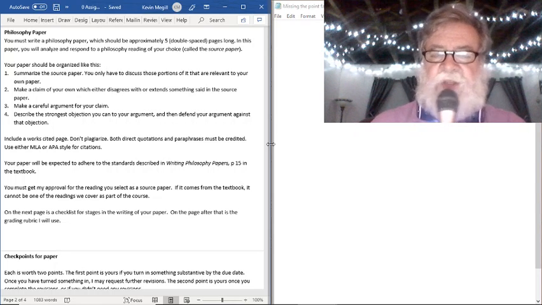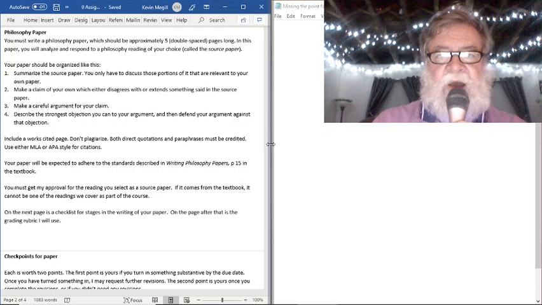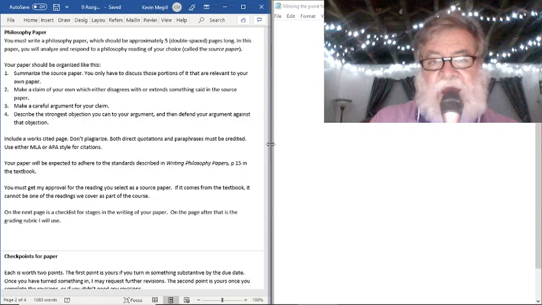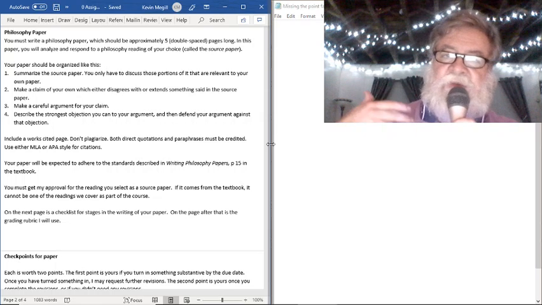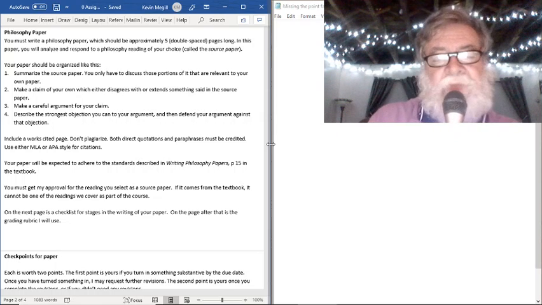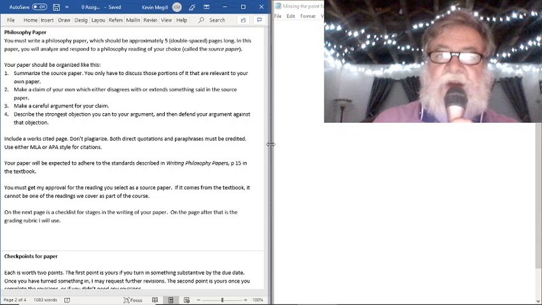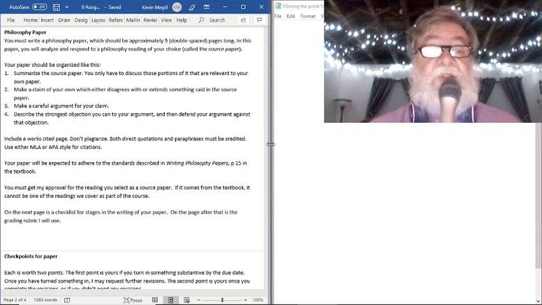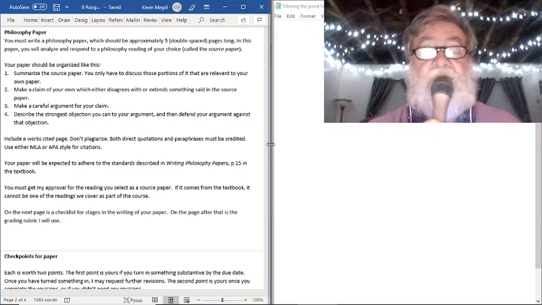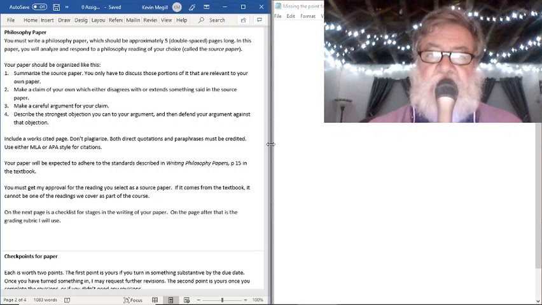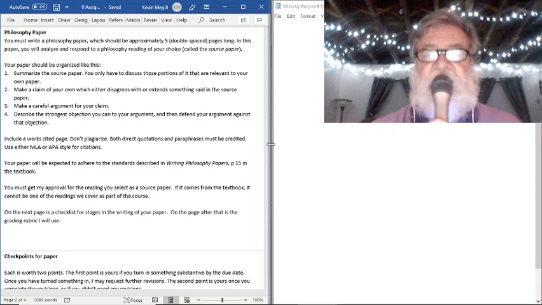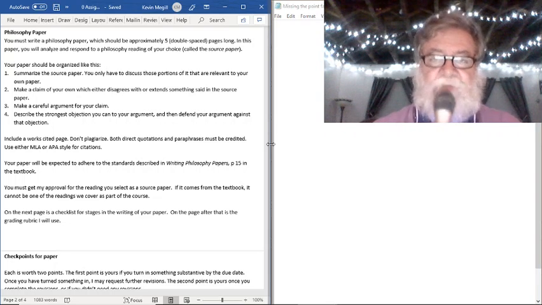So maybe it's arguing that democracy is a good form of government, and it gives several reasons for thinking that. Then the claim would be that democracy is a good form of government, and the argument it makes would be whatever reasons it gives for saying that, philosophical reasons, presumably. We'll talk in a few minutes about where to find the paper, and that's the most important part. Once you find the paper, you're going to need to read it carefully and understand what claim and argument it's really making.